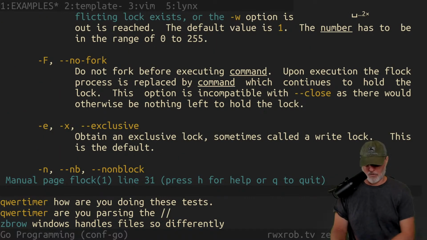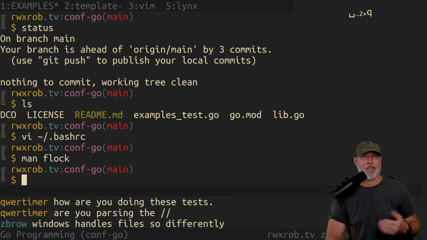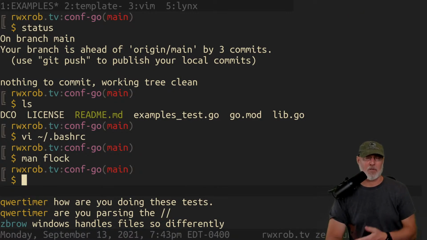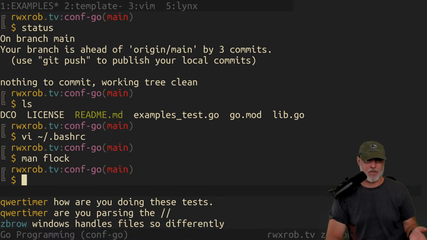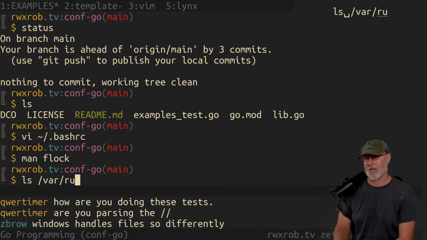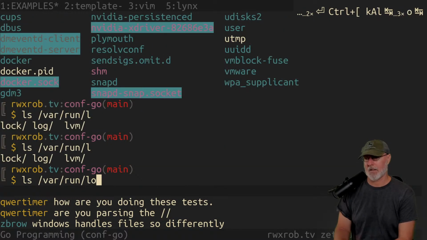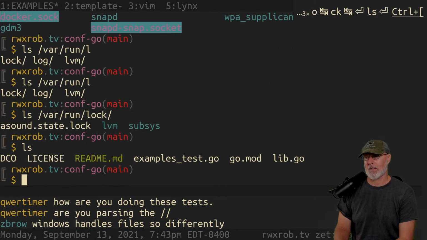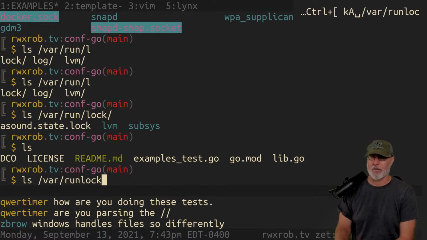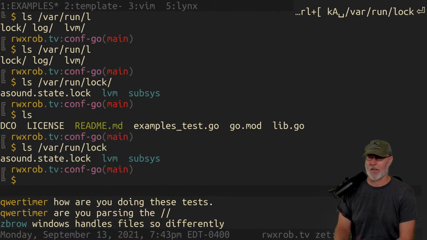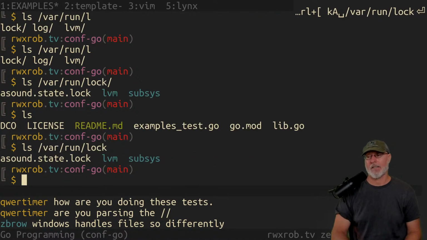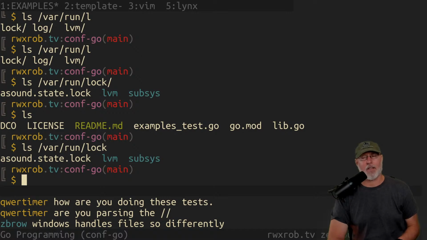The normal way to do this, from a shell script or from Perl or from Go or whatever, is to create or maintain a lock file, and usually it's in /var/run, by the way. So /var/run, do they have lock? Okay. This is what normally will happen in this kind of situation. People will create lock files in /var/run, right? And I love that they have /var/lock.